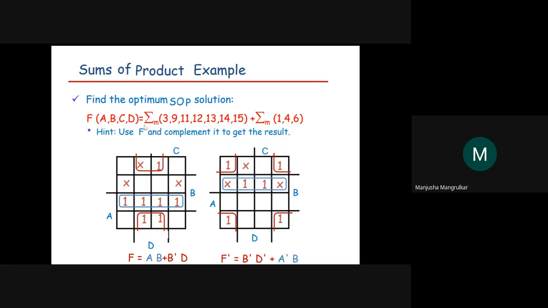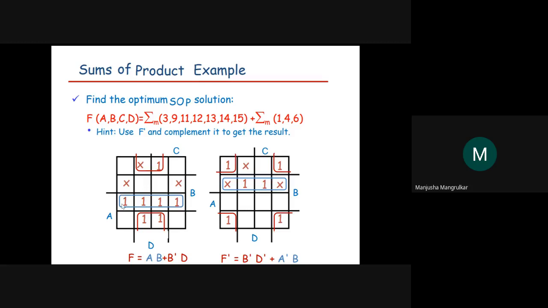Now this is a four variable K-map, A B C D. First we will put the minterms 3, 9, 10, 11, 12, 13, 14, and 16, right? Then 1 is don't care, 4 is don't care, 6 is don't care, right?